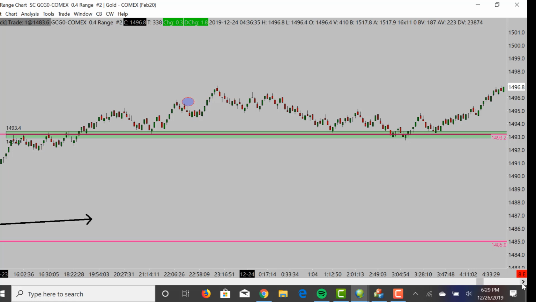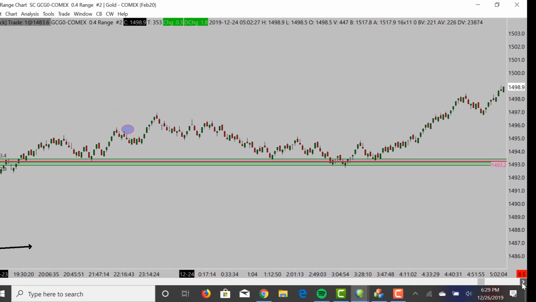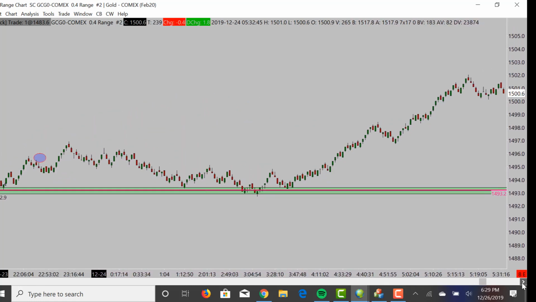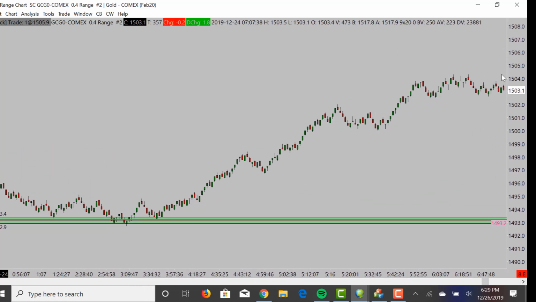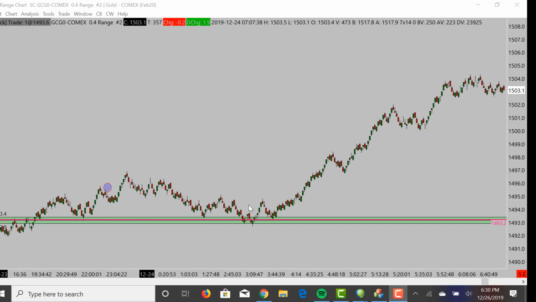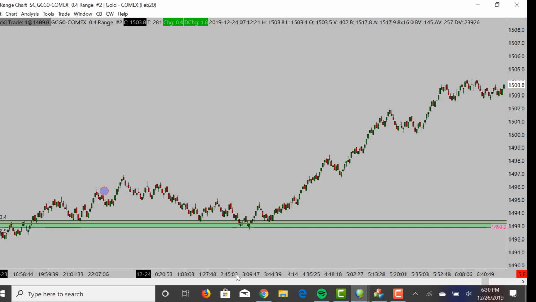The market then started to move higher and higher from that level, and I think we peaked out almost at about 1500. Yeah, we're above that level. If we continue to move up into this, you're looking at 1503 already, and this is the 24th, I believe. Right? Yep, 24th was one of the days we decided to try to buy a dip off that opportunity, and you can see it's a very good opportunity for continuation up, and it went as high as about 1503 and probably continued higher than that. We got out a little bit earlier than that, but it was a good opportunity to trade within the direction,